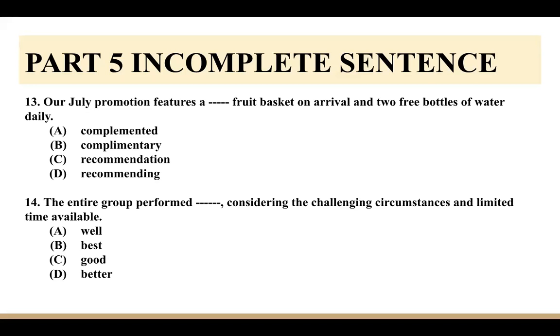มาดูข้อ 13 กันนะครับ บอกว่า our July promotion features blank a fruit basket on arrival and 2 free bottles of water daily คำศัพท์ที่ให้มาคือ A complimented, B boy complimentary, C cat recommendation แล้วก็ D dog recommending สังเกตว่าคำศัพท์ที่ให้มาไม่เหมือนกันสักคำ ต้องเช็ค meaning นะครับ complimented แปลว่า support, complimentary แปลว่าของขวัญ, recommendation แปลว่าเสนอแนะ, recommending แปลว่าแนะนำ fruit basket คือ key นะครับ basket แปลว่าของขวัญของที่ระลึก ตอบข้อไหนดี ลองตัด choice ก่อนก็ได้ C cat กับ D dog ไม่น่า work